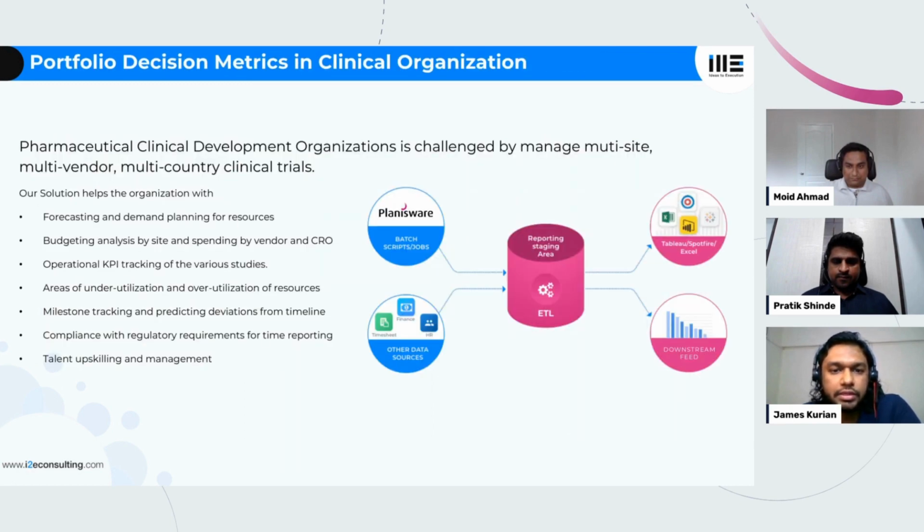Yeah. This is another solution that we made for one of our customers. So compliance is very important, particularly in a pharma organization. You can do all the demand planning and resource forecasting, but in case your data itself is not correct, then it will cause issues. So you need to have a mechanism that identifies those issues and brings it up in the foreground, rather than you having to dig deeper into data from multiple systems and then trying to find out.